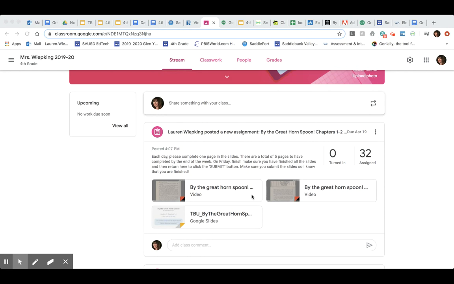You'll also find that I included both the chapters. So on Monday and Tuesday, your job is to complete one of the pages and listen to a chapter. So Monday's chapter 1, Tuesday's chapter 2. You can find the links to those chapters in our weekly Google Slides directions. They're also posted here with the assignment, so you can access them at any time. You can come here and listen to the chapters again if you need to,